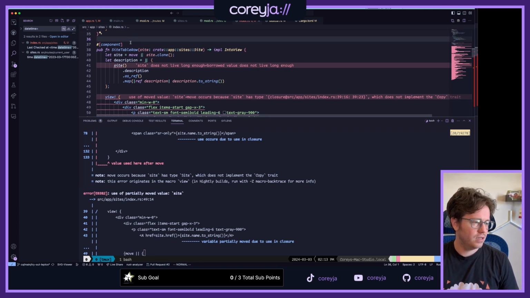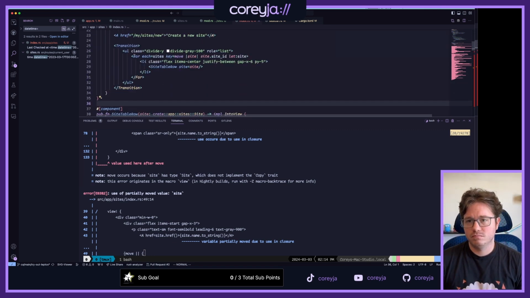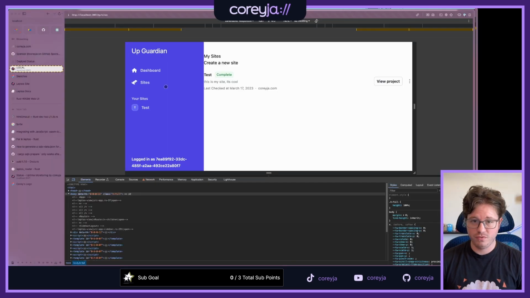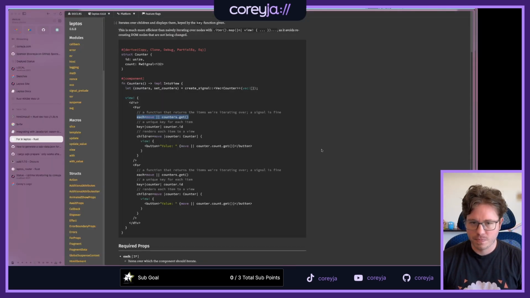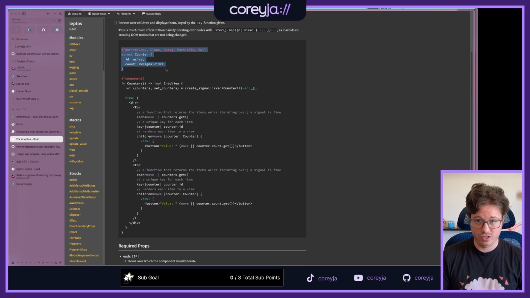Because when you do the for, it doesn't give you a signal. You get an actual counter. And counter has a count signal in it. But that's something different.